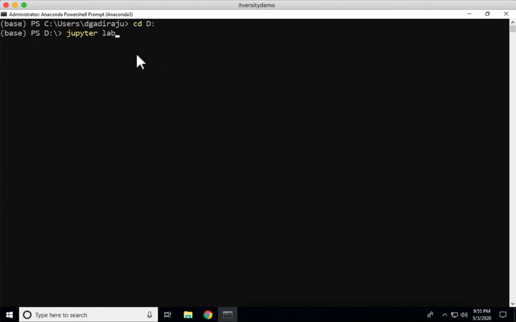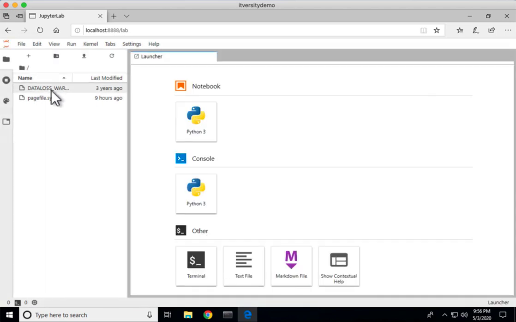The reason why it will work is when I actually say Anaconda PowerShell prompt, you see here, it is actually using the Anaconda's virtual environment, which is nothing but Python-based virtual environment. Whatever is available as part of the Anaconda can be easily accessed from here. So now I can say Jupyter Lab, and it will launch the web service for us. Also redirects us to the browser under localhost colon 8888/lab. However, you don't see all these folders now here because under D drive I don't have anything. I just have a couple of files, and those files are visible here.